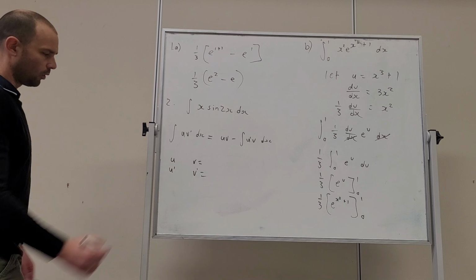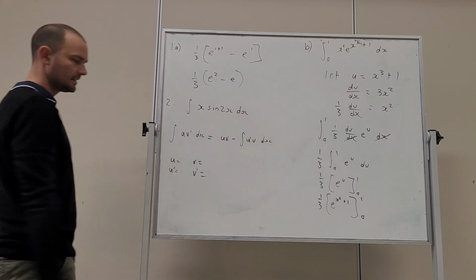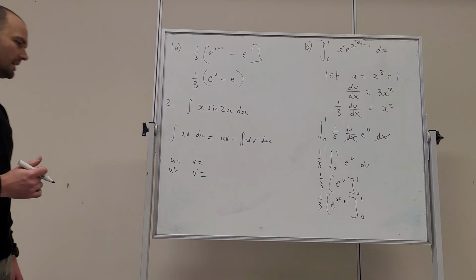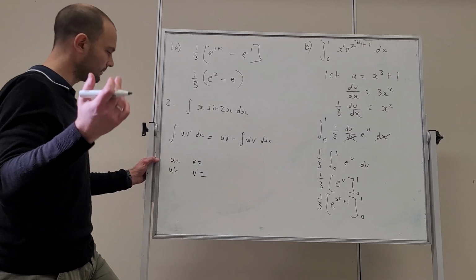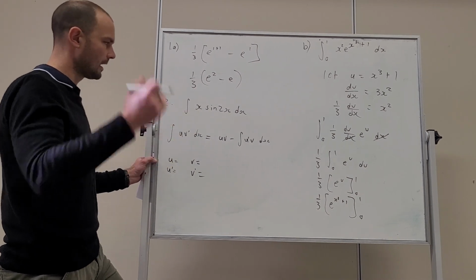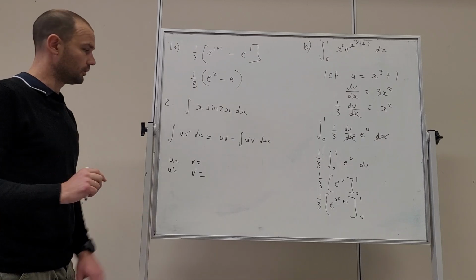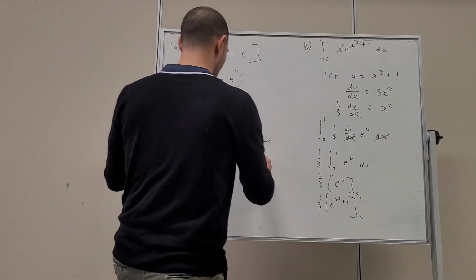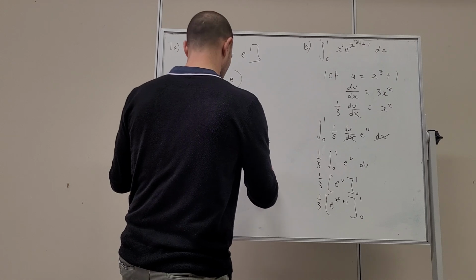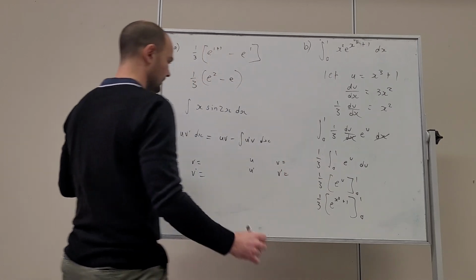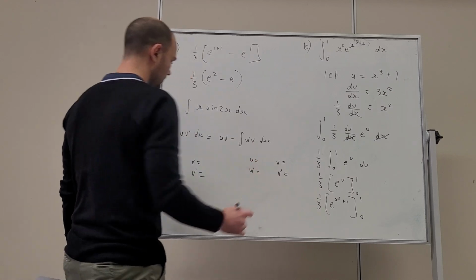Now remember, we want u to be easy to differentiate and v dash to be easy to integrate. In this case, both of them satisfy it. However, it does have to take a particular order. If you try, let's put both up here and show you that one of them doesn't work. Okay, v and v dash. All right, so if we do